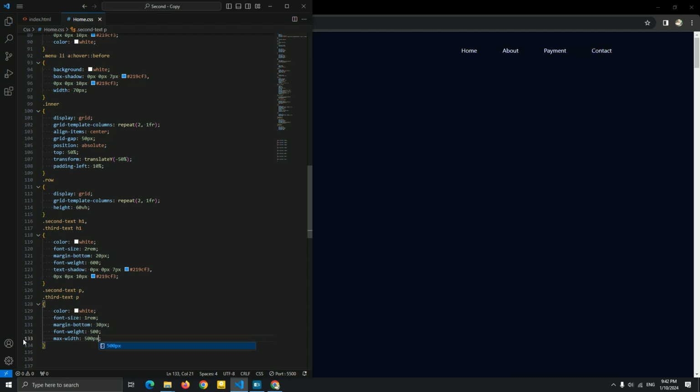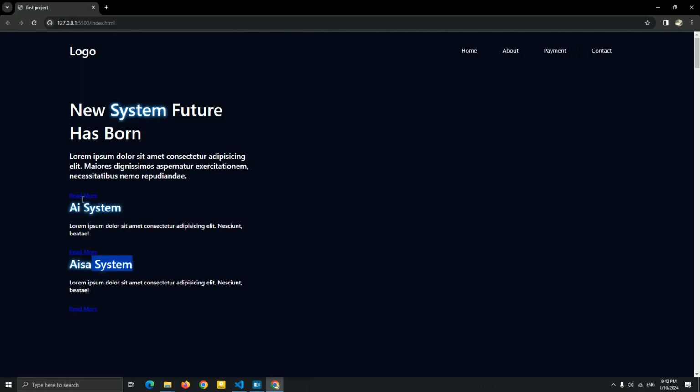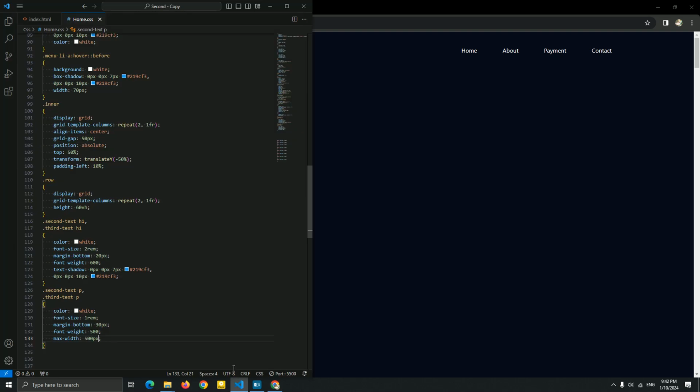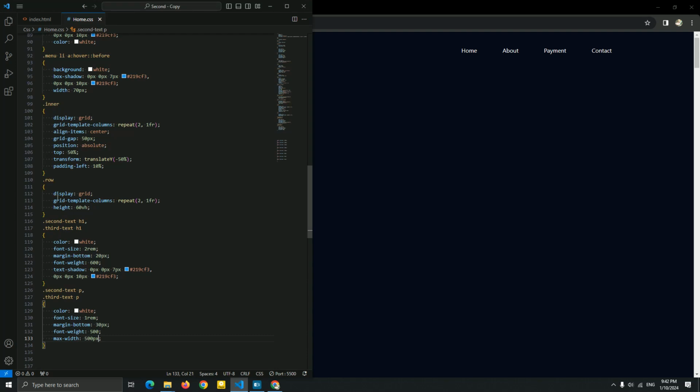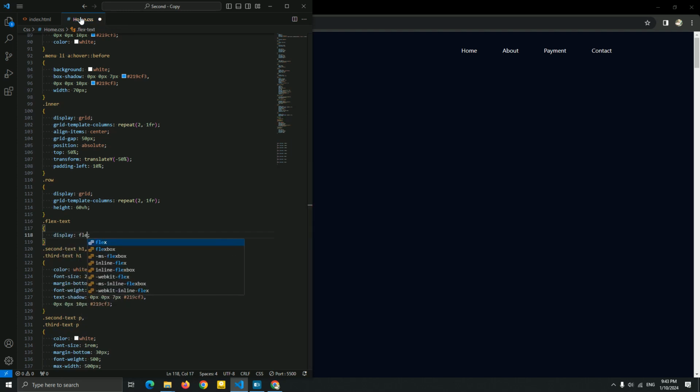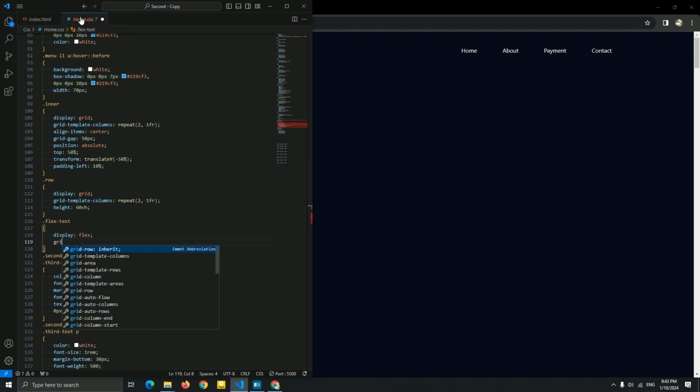Okay. Now let's go to the style of this A link. And I just forgot about adding display flex for this second text and the third text. So I'm gonna add it here. I'm sorry. Flex, I think we need flex text, yes, flex text. So I'm gonna add a display flex to be in the same line, and let me just add a grid gap, a little distance instead of margin.